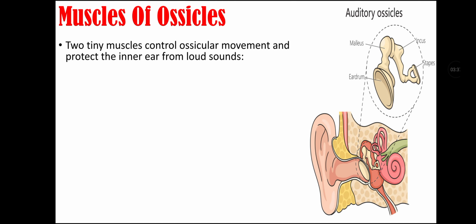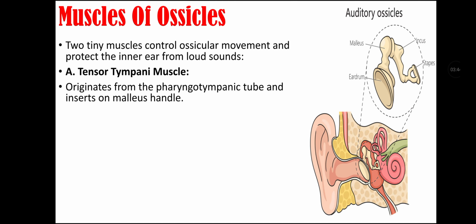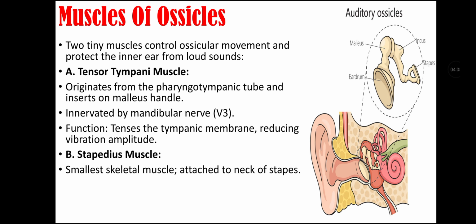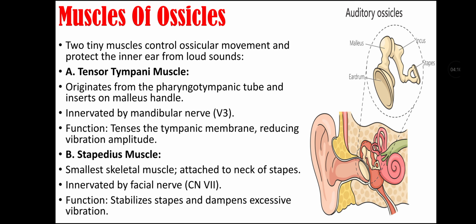Muscles of ossicles include: there are two tiny muscles that control ossicular movement and protect the inner ear from loud sounds. They include the tensor tympani muscle that originates from the pharyngotympanic tube and inserts on the malleus handle. It is innervated by the mandibular nerve, that is a branch of the trigeminal nerve. Its function is to tense the tympanic membrane, thus reducing the vibration amplitude. Second muscle of ossicles is the stapedius muscle, that is the smallest skeletal muscle that is attached to the neck of the stapes. It is innervated by the facial nerve, that is the seventh cranial nerve, and its function is to stabilize the stapes and dampen